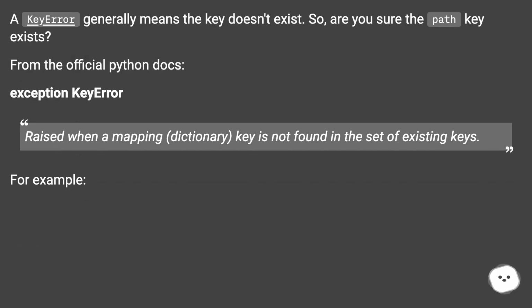A key error generally means the key doesn't exist. So, are you sure the path key exists? From the official Python docs: Exception KeyError. Raised when a mapping (dictionary) key is not found in the set of existing keys. For example,